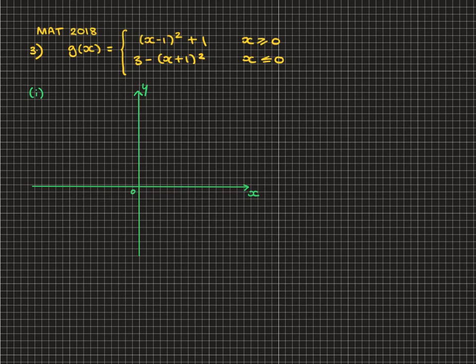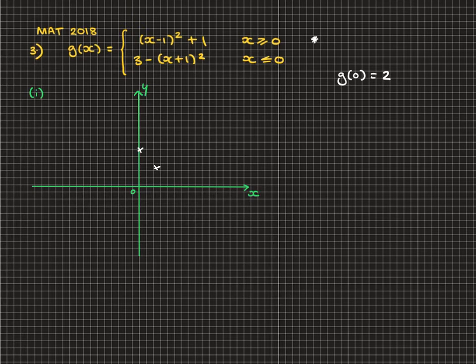So we're starting off with a very quick sketch of the graph of the function between x equals -3 and 3. So I'm going to start with the part of the graph defined for x greater than or equal to 0. So that is a parabola which clearly has a minimum point at (1, 1). Now it has a y-intercept which we can calculate. g of 0 is equal to 2, and that's true for both parts actually. So we've got a y-intercept at (0, 2),